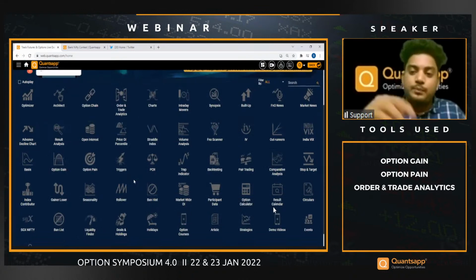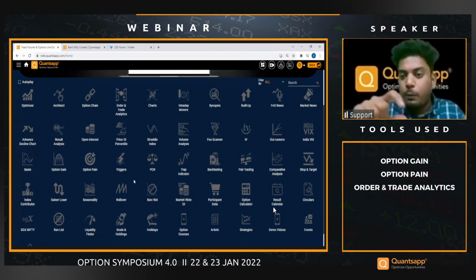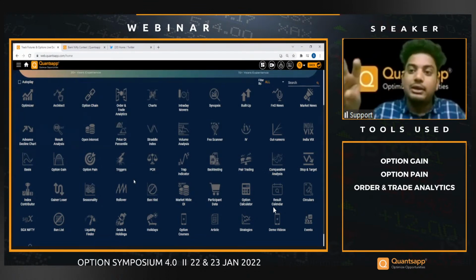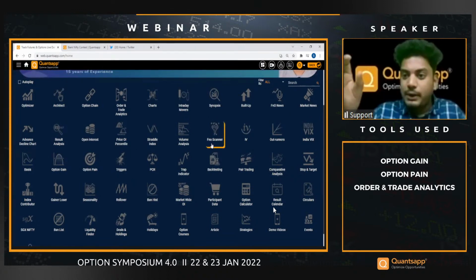So to sum up, watch out for the build-up. Check out if there is short covering, and also open interest, if there is short covering on call and addition on put. That is a significant indication of a positive move. The second thing we will do on an expiry day is check out max pain and then go to the option gain level. Observe how the shifts are.